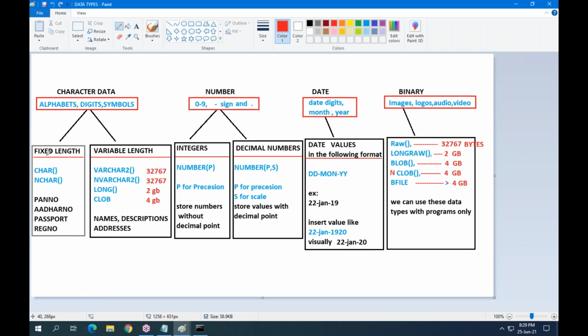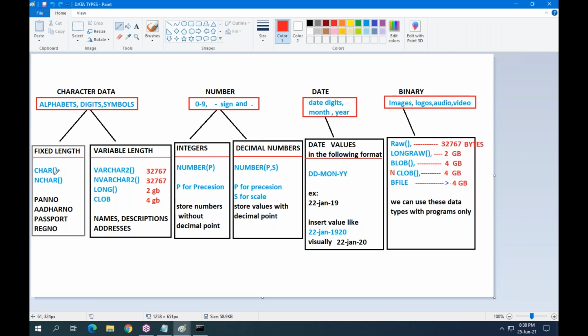To store fixed length characters, Oracle provides 2 data type names: one is char, another one is nchar.